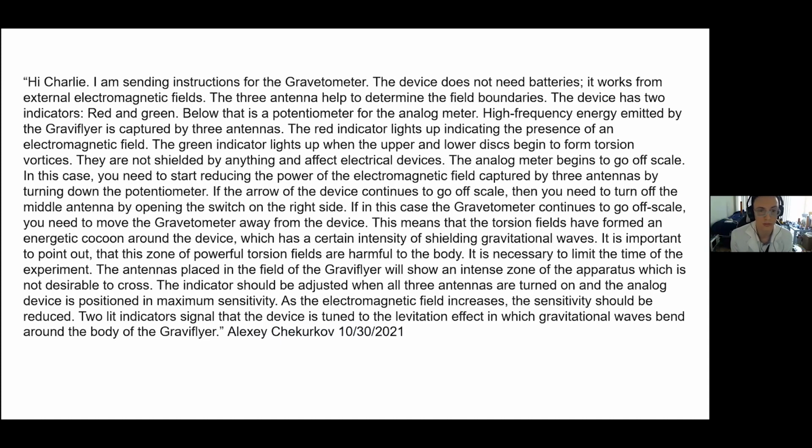The antennas placed in the field of the Graviflyer will show an intense zone of the apparatus, which is not desirable to cross. The indicator should be adjusted when all 3 antennas are turned on and the analog device is positioned in maximum sensitivity. As the electromagnetic field increases, the sensitivity should be reduced. 2 lit indicator signals that the device is tuned to the levitation effect in which gravitational waves bend around the